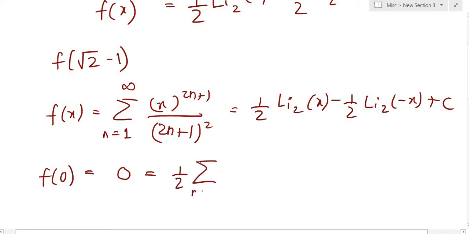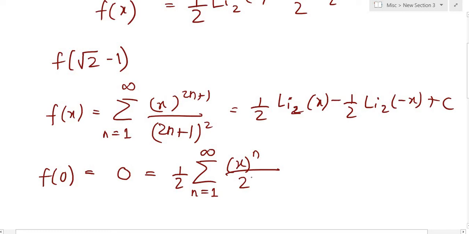Say you have a sum running from n equals 1 to infinity, and you have some x that's being raised to the nth power like a polynomial, and you have, since the base is 2, right, it's a dilogarithm, you have a 2 in the base,